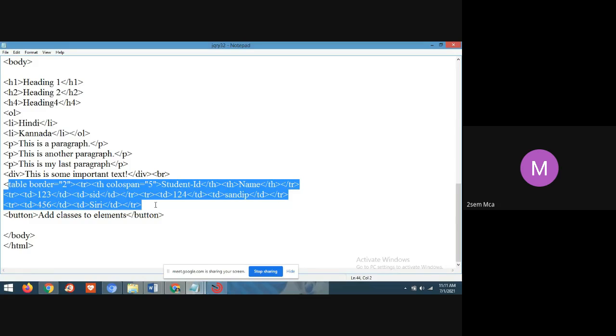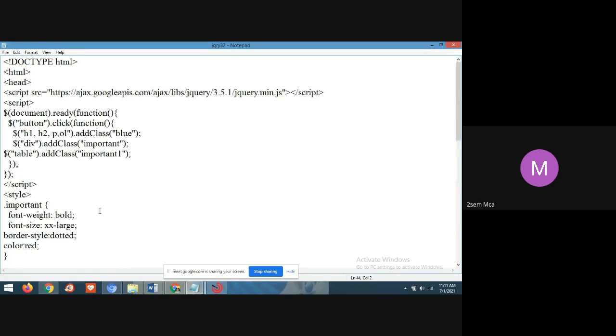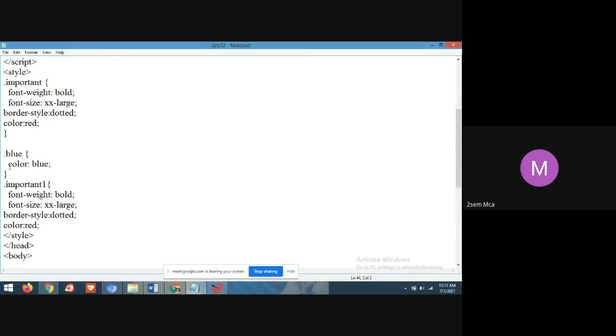And for this table, I have taken a class. The properties I have declared for this class are that the color of the table content is red, and the border is dotted.